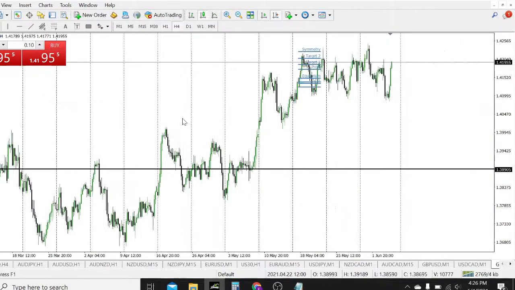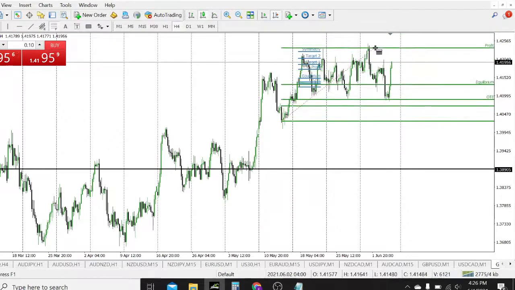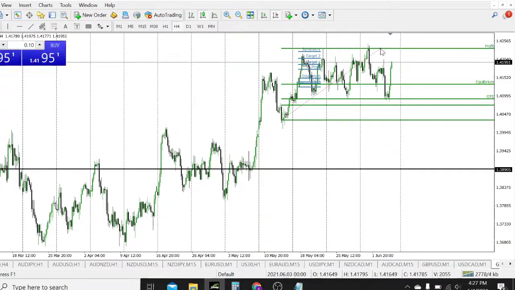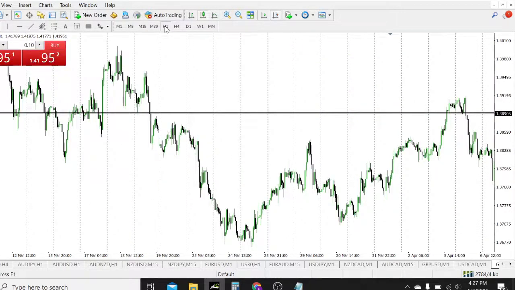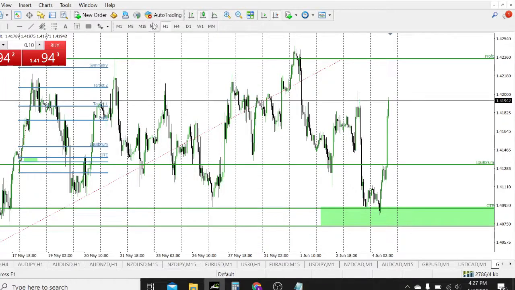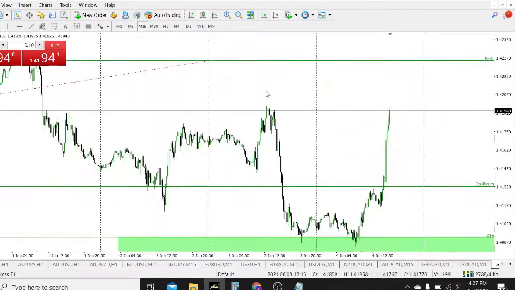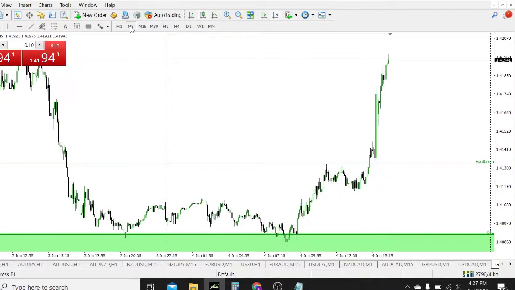Okay, 4-hour chart. If I look at the 4-hour chart for the cable, drawing the Fibonacci, wow, exactly at this point, exactly at the optimal trade entry zone, we will look for an uptrend. And then this news, actually, though I wouldn't enter this region, but the equilibrium, this is a sweet spot.